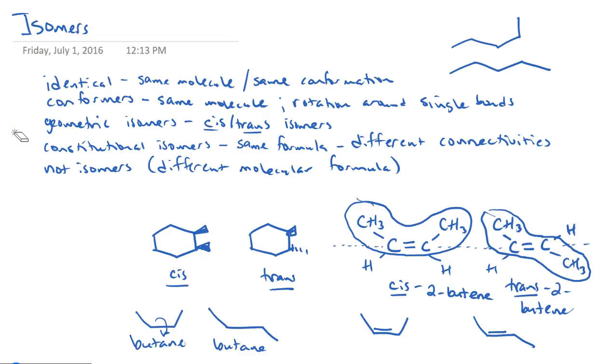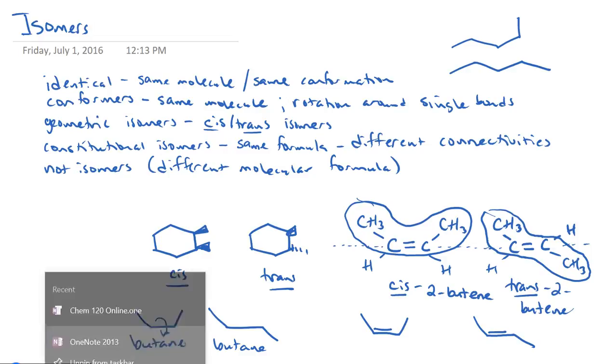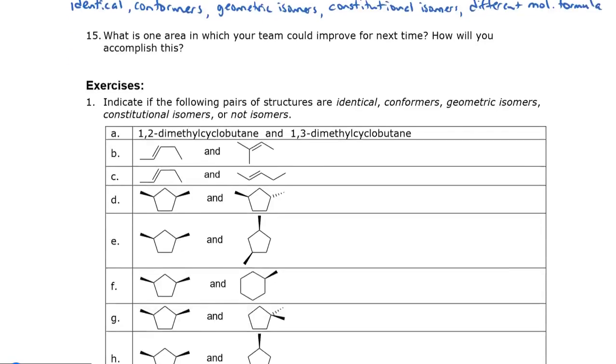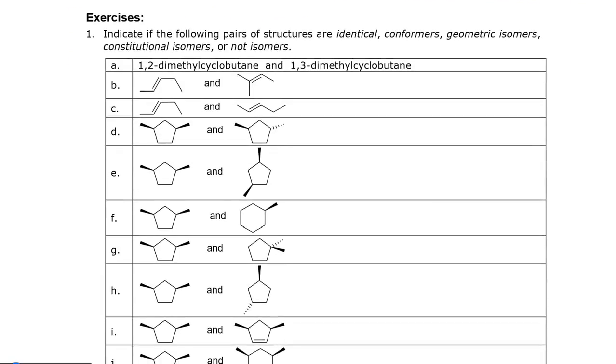There is one more kind of isomer to learn, which we haven't learned yet. But maybe you'd like to know that there's only one more, so it doesn't get too much more challenging than this. Okay? That takes us to the end of this activity, the end of Chem Activity 35. So your exercises are applying these terms to these pairs. And as I always suggest, do them one at a time, check your answer, and let me give you a hint. So this is a hint.